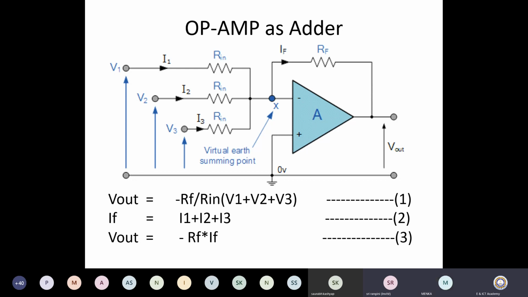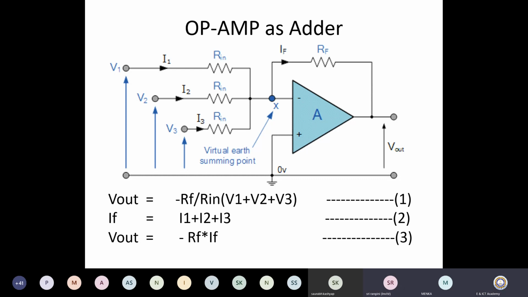Hello, hello. Yes, ma'am. Sir, my speed is okay? I think it's okay. If participants have any issue, then you can write it down in the chat box, so maybe we can arrange our speed according to that. This is just UG second year op-amp study, so I am just revising. That's why I am a little bit faster. Even if they are not able to understand, just write in the chat box so that I can see.